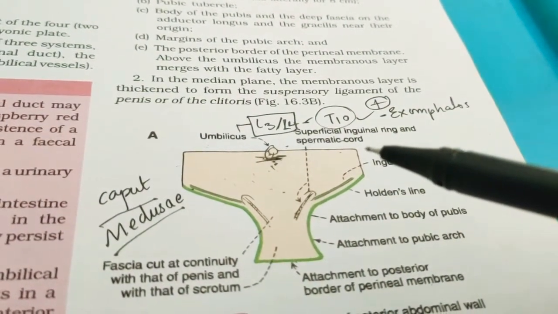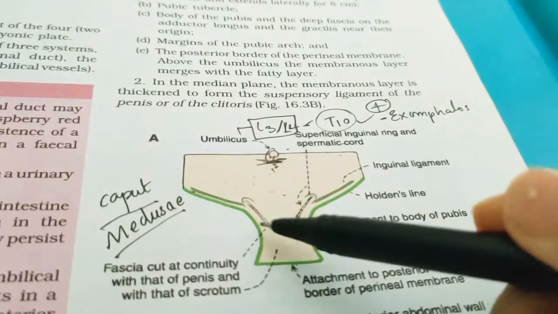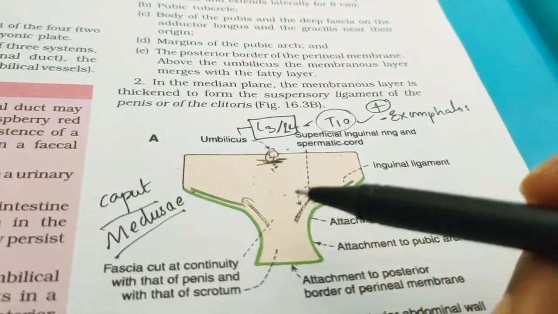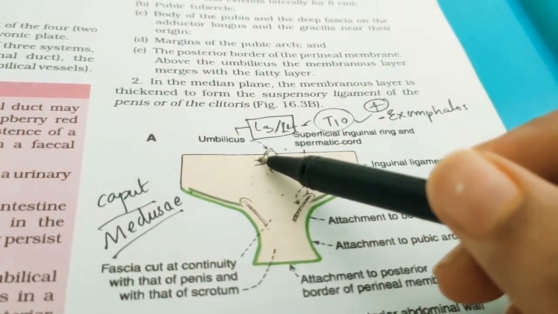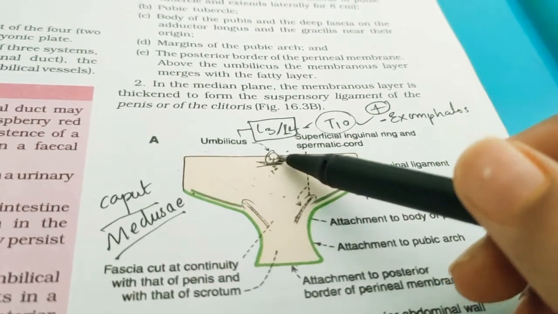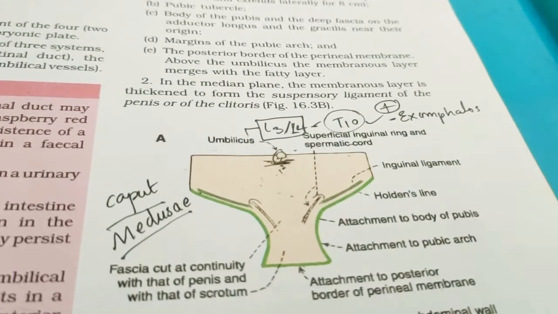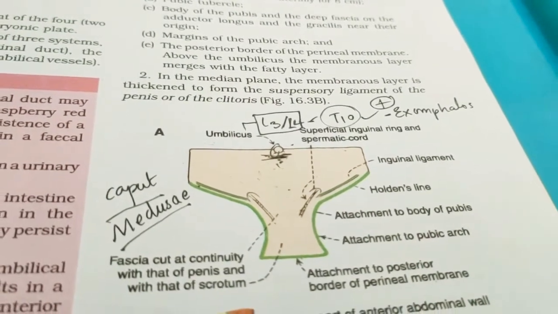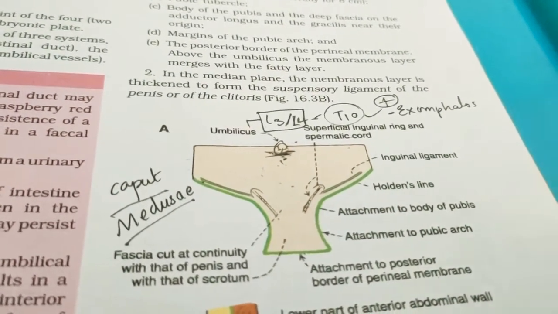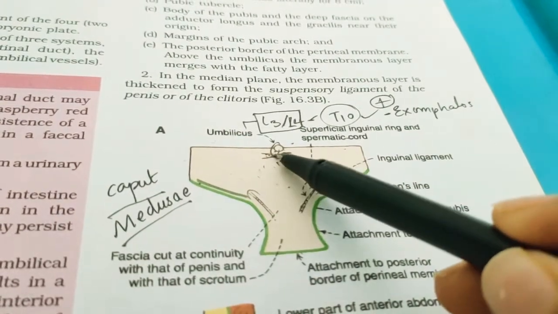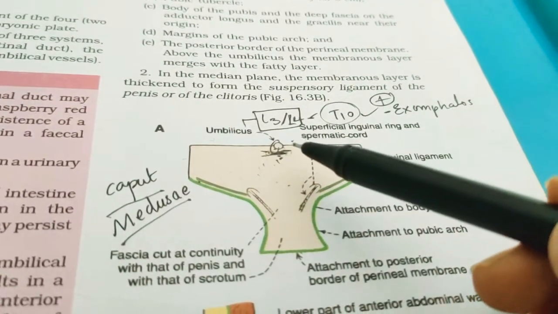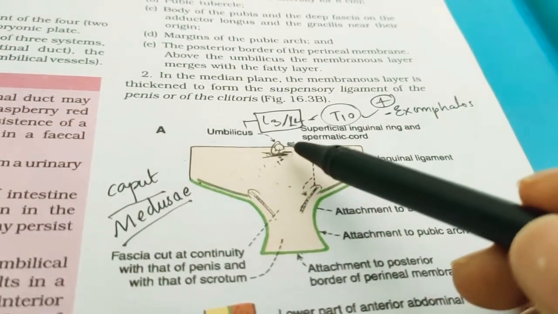So in later life, weakness of the abdominal wall may lead to formation of a hernia at the umbilicus. You hear about abdominal hernia many times, so how does it develop? It is actually a problem which comes from embryological time itself, where this lower part of the umbilicus is weakly developed. So because of that, in later life it may lead to formation of a hernia at the umbilicus.